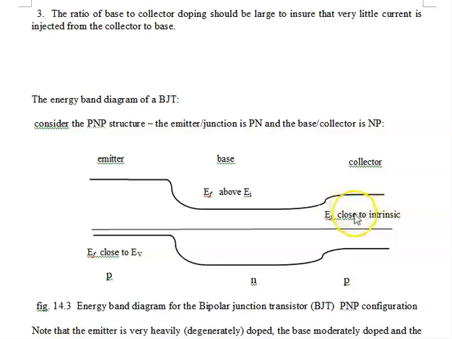So it's still n-type. Actually, it almost looks like it's p-type here. That should not be. This should be down a little bit further. So this is really, I'm sorry, no, it is p-type. So this is n-type, so the Fermi level is closer to the conduction band. This is p-type, so it's closer to the valence band, but it's much further from the valence band than the emitter. So this is a lightly doped p-type, this is a moderately doped n-type, and this is a heavily doped